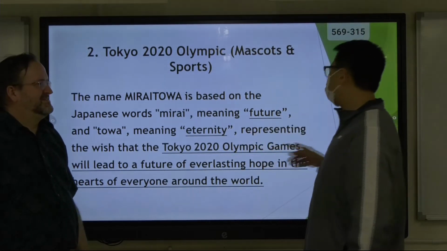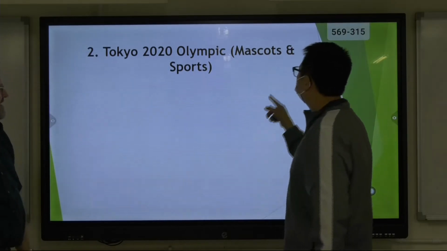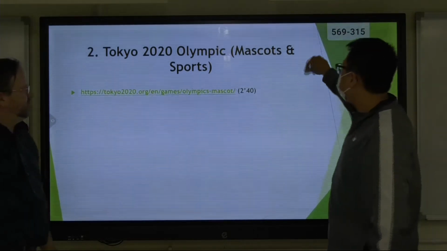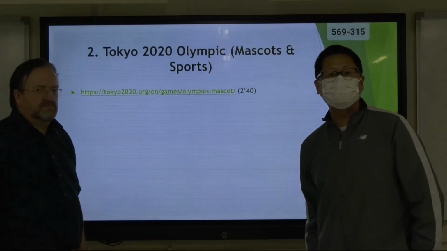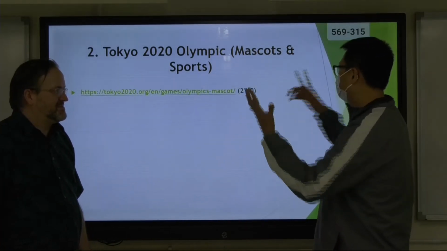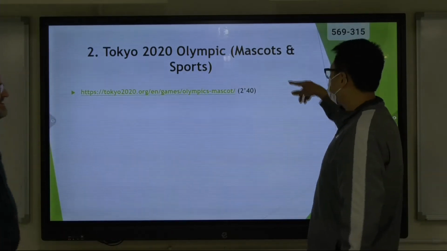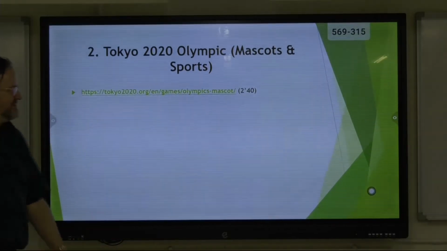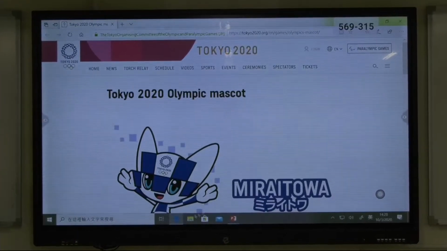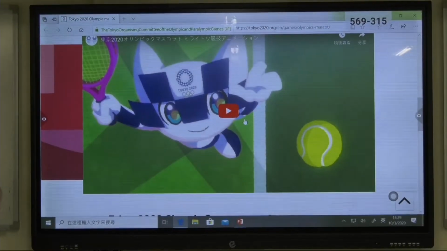And the other one, unfortunately, we haven't got enough time to do the explanation for this part. We will jump to the next one. All right. Okay, and now, so what sports will be included in this Summer Olympics? Do you know that? Oh yeah, so many sports. Let's go have a video clip, okay? And the mascot will show us. Yes, the mascot will show. Miraitowa. See if I pronounced it right.